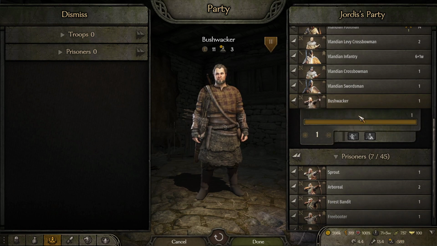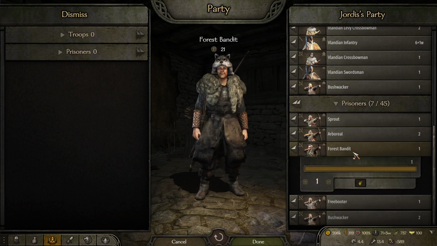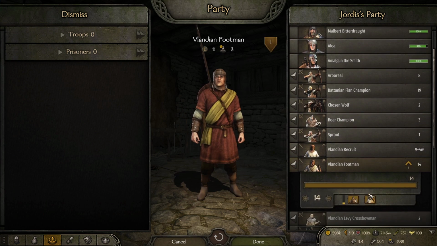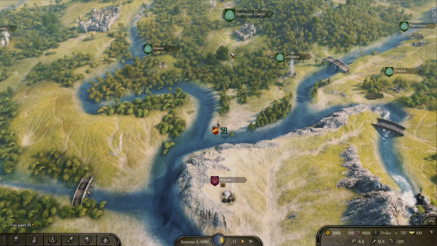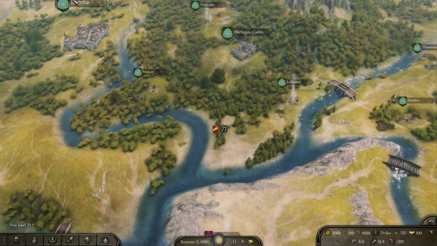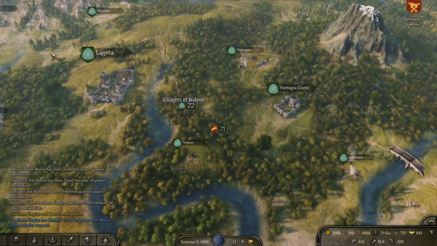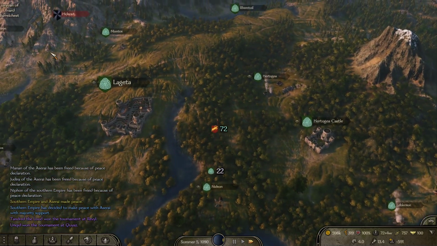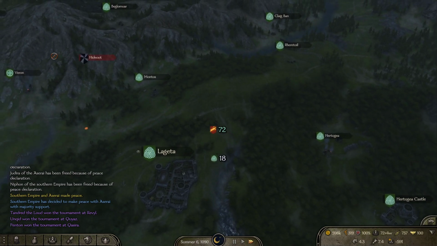Alright. We got a bushwhacker, and these guys, I think if we build them up to freebooter or maybe forest bandit, they can go into Battanian Fians and this whole Battanian noble line, which are the best archers in the game. So that's why we wanted to hold on to those forest bandits, and I think that's what we're going to do from now on, is try and level up our skill, so that way when we unlock a skill,